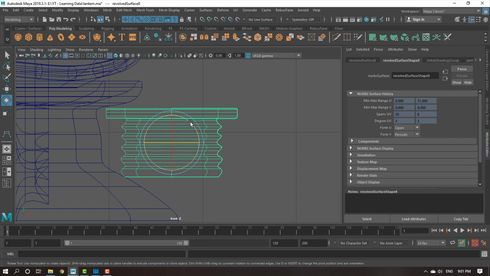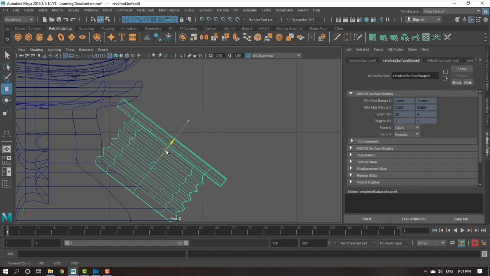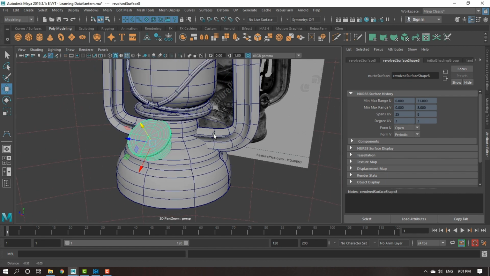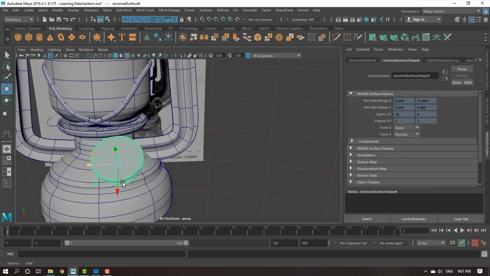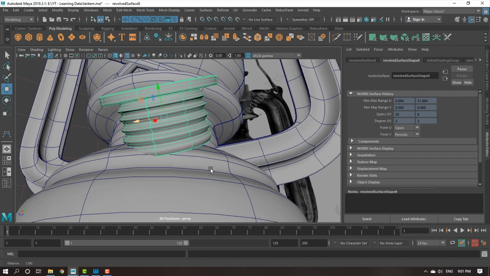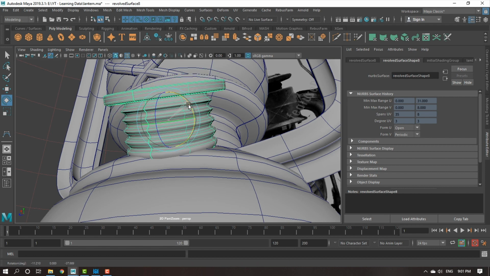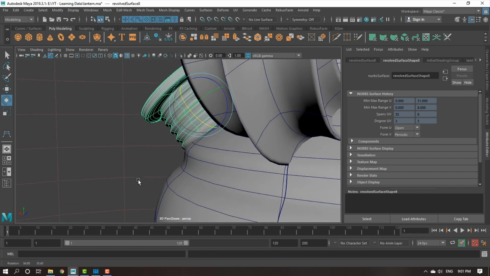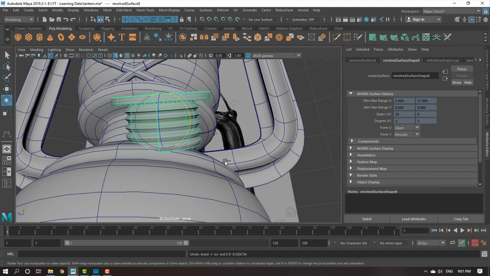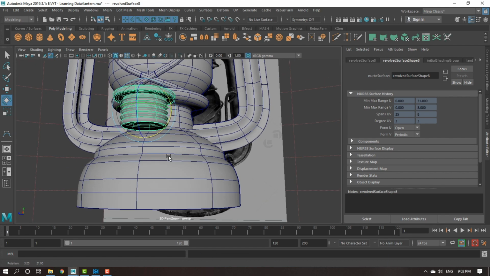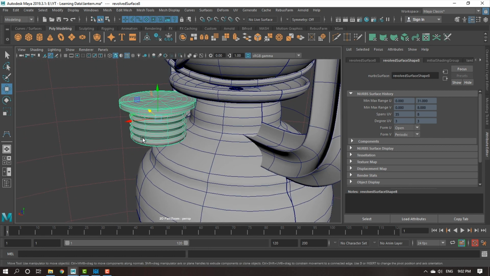What people do, they go here, they rotate the thing and they start placing it like this. But it is not perfectly in the center. It is a bit off center. Now see what happens. The normal of this and this are different. I can just go here and I can say like this. But still I'm doing it manually. I'm not going for the automated process. For this kind of alignment, Maya has certain tools.